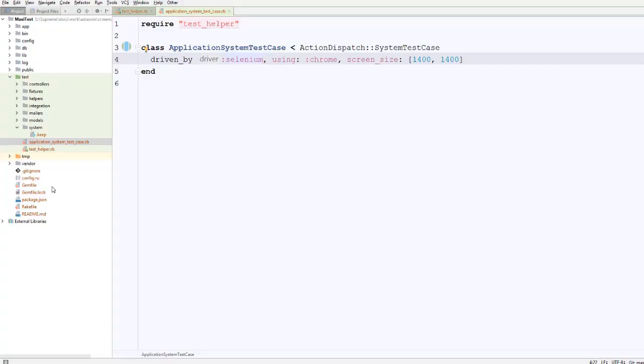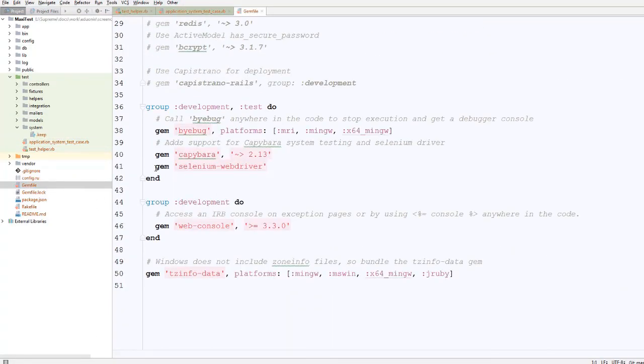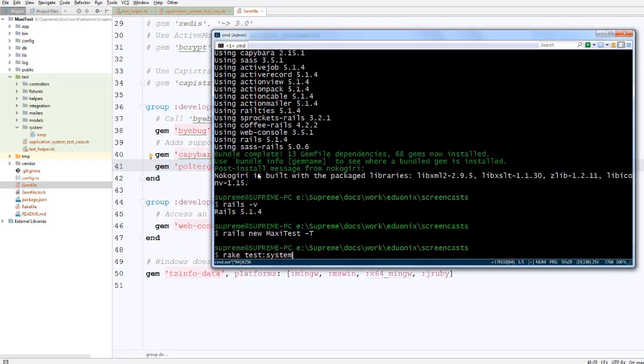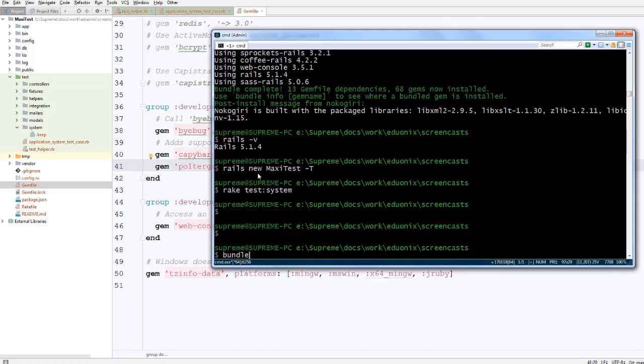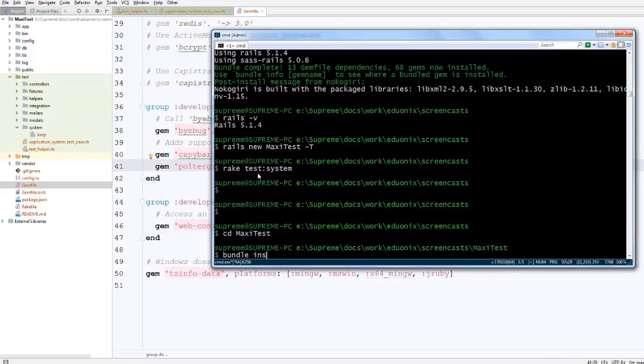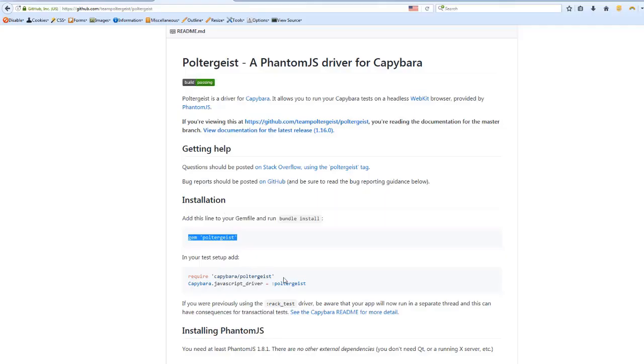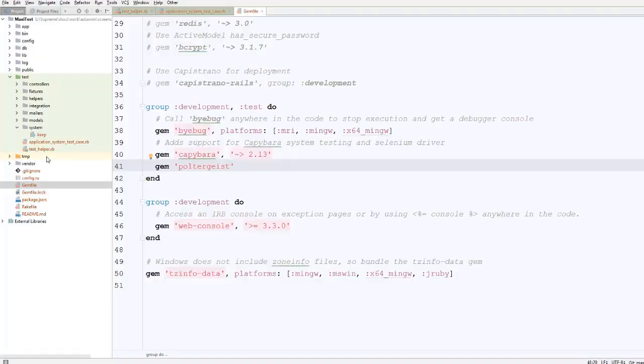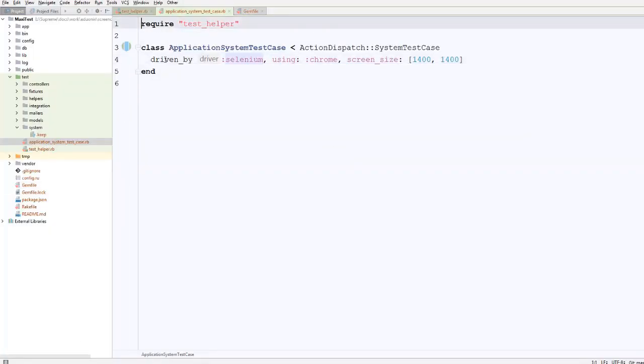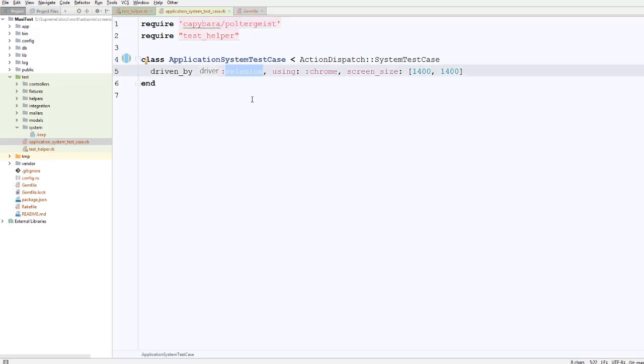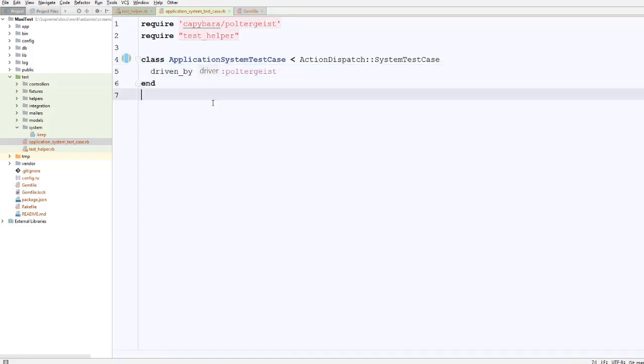So to stick with Poltergeist, let's open the Gemfile and replace this line, Selenium WebDriver, with Poltergeist. Then simply say bundle install. Then let's copy this line of code here, place it right here, and say Poltergeist, and remove this thing here. I love Poltergeist because it is truly headless, meaning that the browser will not open in real time, but well,